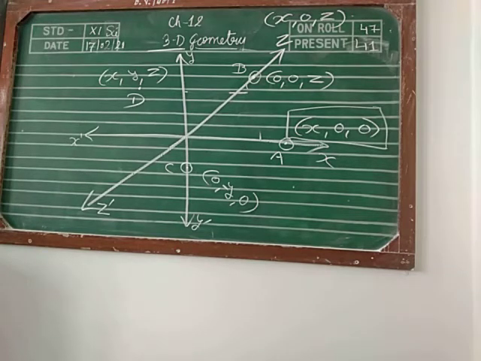If you observe the x coordinate, the signs you get are plus, then minus minus, then plus plus, then minus minus, plus. For y: plus plus, minus minus, plus plus, minus minus. Third, the z axis: 4 times you get plus and 4 times you get minus. So this is the way you are able to prepare the table.